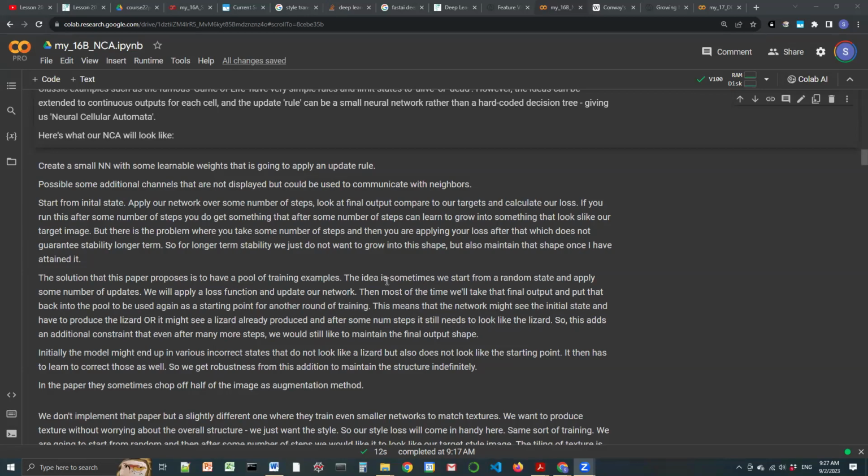The idea is that we sometimes start, instead of starting from a particular noise or a single starting point, we start from a random state and apply some number of updates, right? And we'll apply a loss function and we'll update the network. Then we'll take that final output, which is an optimized version of some starting point, and drop it into the pool of images that we will be using, right? As the starting point for another round of training. So we randomly choose starting points, do a certain number of optimizations, and throw the result back into the pool. By this, we have created a pool of random starting points and intermediate points of the